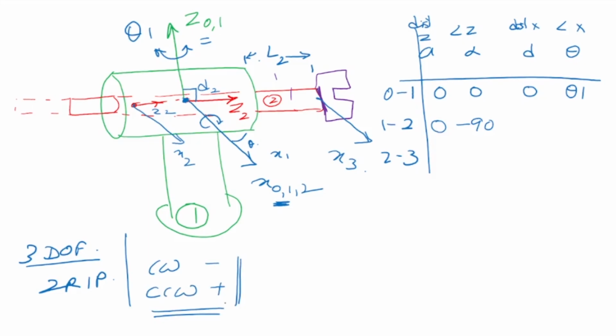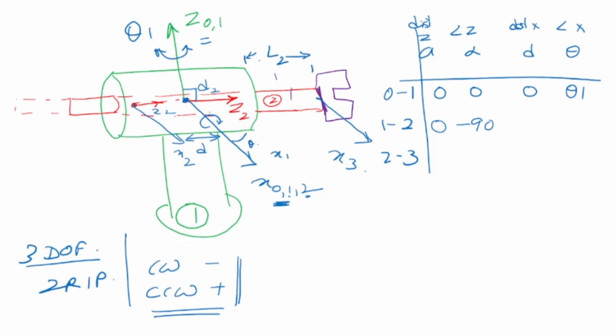Okay, now what about, so it's a minus 90. What about distance between x? This is the distance here. This is what we need to note here. So x1 is here and x2 is here. So when it moves, the distance d, this is the distance d actually. So there is a distance between the x1 and the x2.